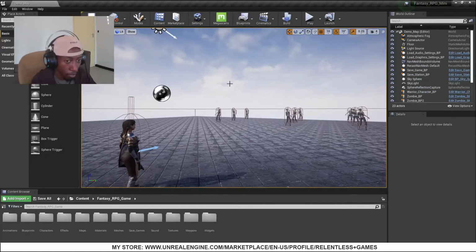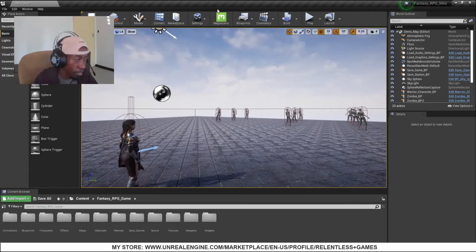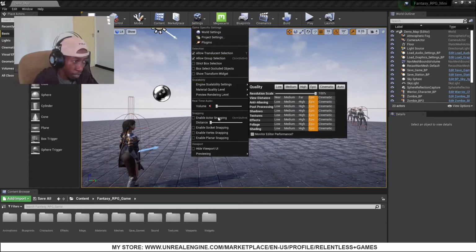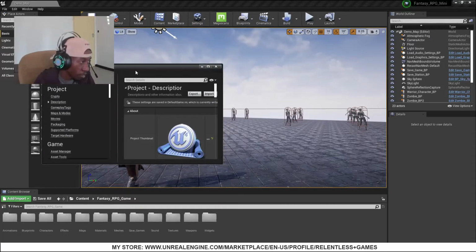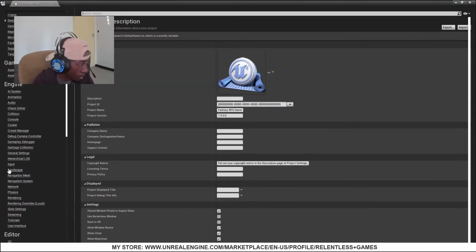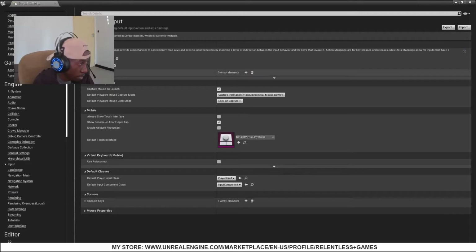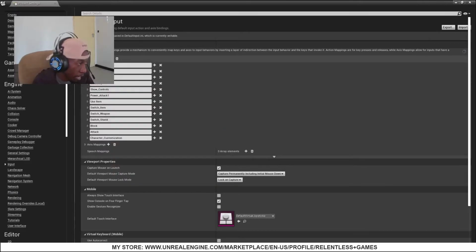Okay, so right now it's kind of inconvenient to put escape as the menu button while we're playing, because if I hit escape, it's gonna exit the game. Okay, so we're just gonna use a different button. We're gonna use the button M for menu. So I'm gonna go to the project settings, and I'm gonna go to my inputs. Under action mappings, I'm gonna add a new input,